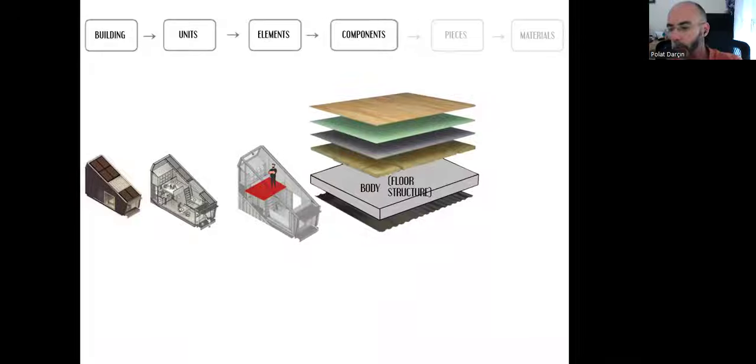This time we are talking about a component of another element, the floor element, and one of its components, the floor structure. The building structure will keep the whole building's form intact, and the building structure will carry all the loads. And this floor structure, this component, will keep the